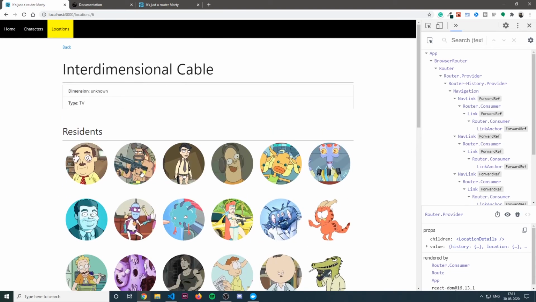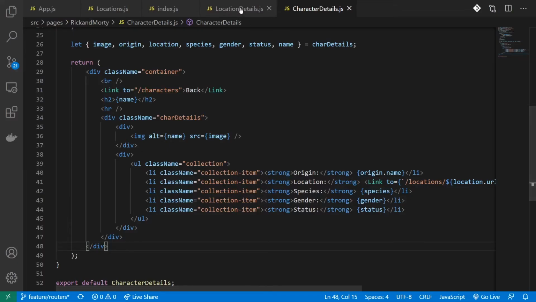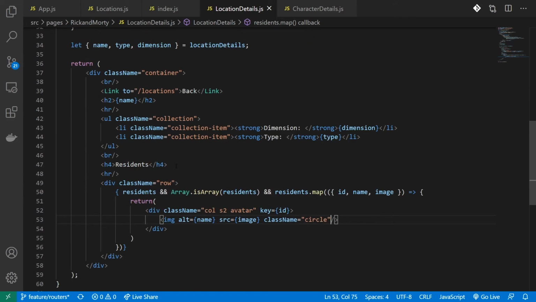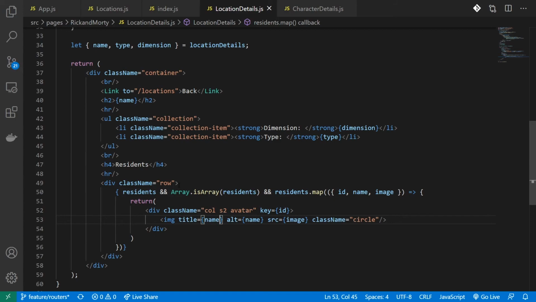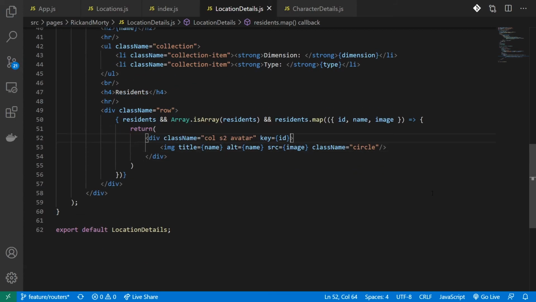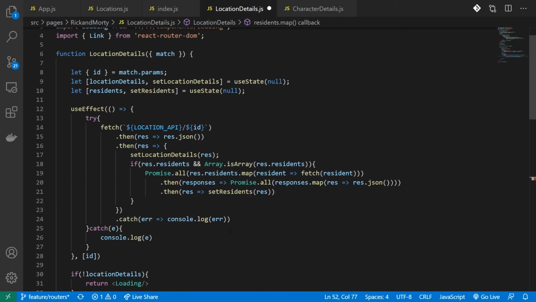Now when I click on this character, I'll have to redirect to that character detail. Let's fix that as well. First, I'll give a title for my image. And on click of this image, I'll have to take to that character detail. To do that, I'll add an onClick handler.